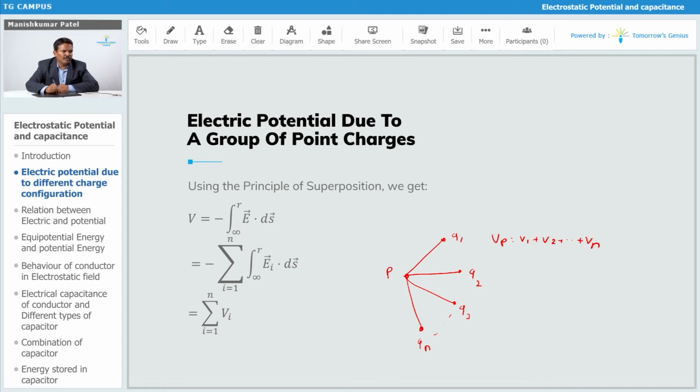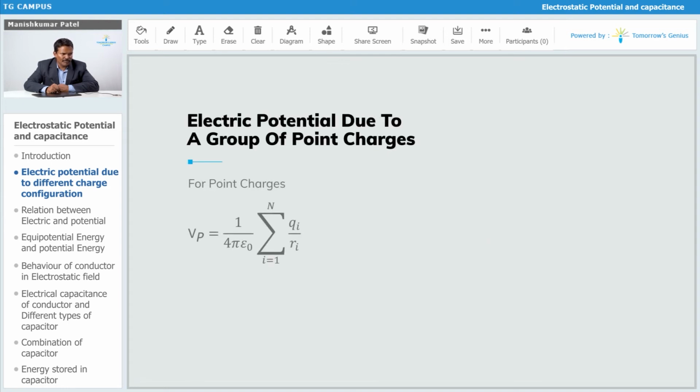The same potential we can also write in terms of the electric field intensity, that is E bar dot ds bar, and we have to move it from infinity to the respective location. So that is integration from infinity to r of E bar dot ds bar. Again you have to do the summation for all the n charges, from i equals 1 to n, of Ei dot ds bar, which is nothing but the potential. So this is how you can calculate the potential due to these n charges.